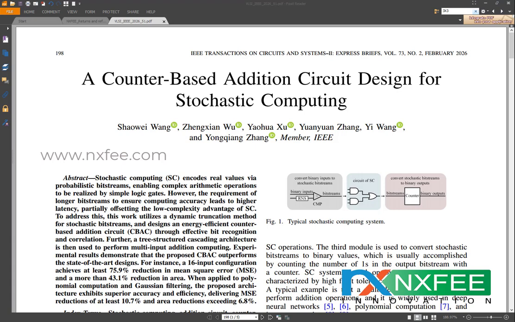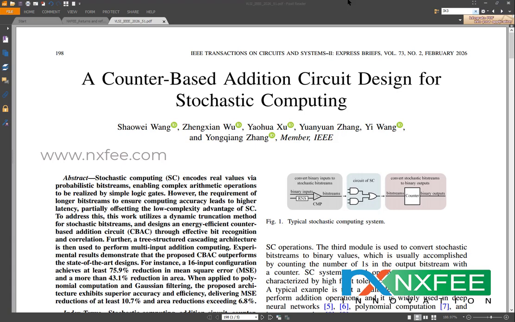This architecture is designed in Verilog HDL and synthesized on a Xilinx Virtex-5 FPGA to evaluate hardware resource utilization, logic performance, operation cycles, propagation delay, and power consumption. The experimental results show that the proposed CBAC-based CNN architecture significantly reduces hardware complexity while maintaining efficient timing performance and low power consumption. The architecture provides a compact and scalable solution for stochastic CNN accelerators, making it suitable for low-power, high-performance edge intelligence applications.